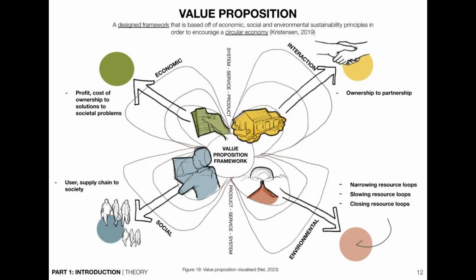With all of these theoretical principles taken into account, the aim of the project is to come up with value propositions which look specifically at the expansion from product to service to system design, filtered through economic, interactive, social, and environmental lenses. The goal is to move from ownership to partnerships, user to supply chain to society considerations, profit gains to solutions to societal problems through the proposition,